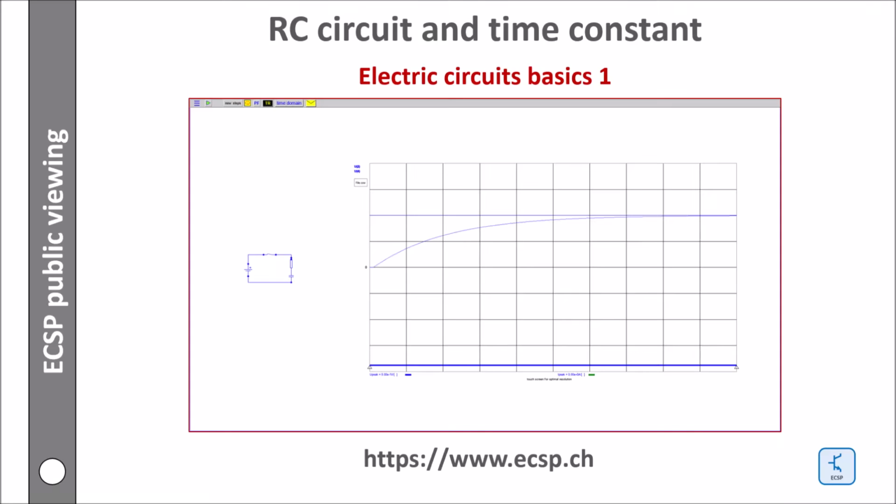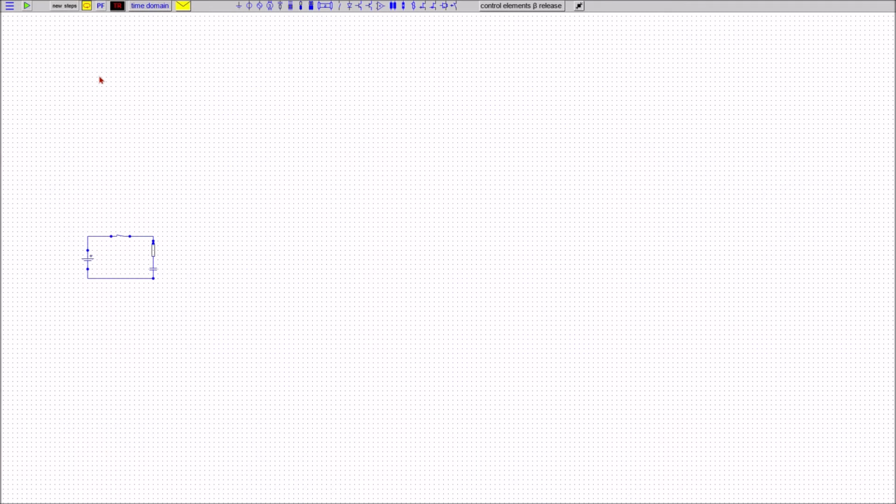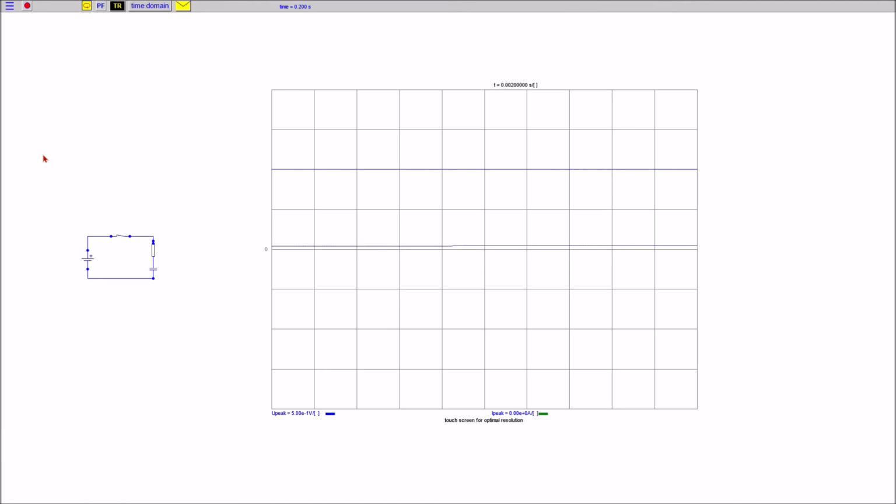Hello everybody. In this video let's get into the time constant of RC circuits, its calculation and how the RC circuit responds to a continuous AC source. Here is a circuit with a 10-volt battery, a switch and an RC circuit. When the switch closes, the capacitor is slowly charging with a time constant until the capacitor voltage reaches the voltage